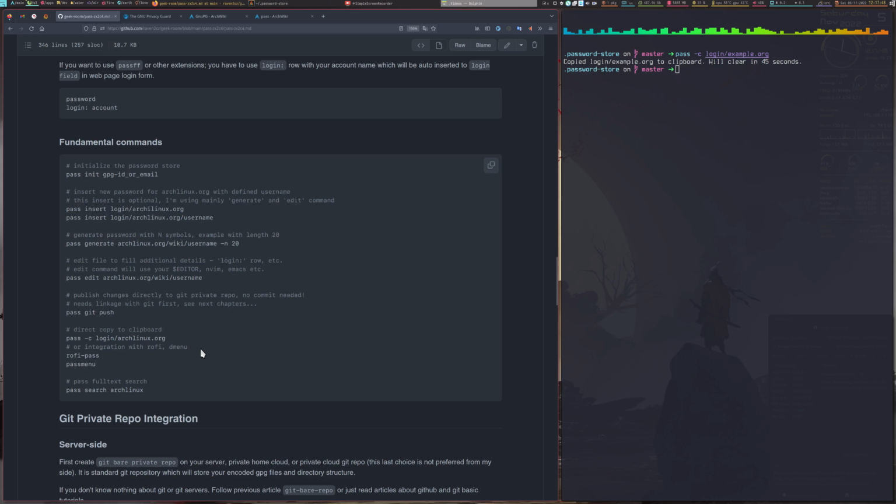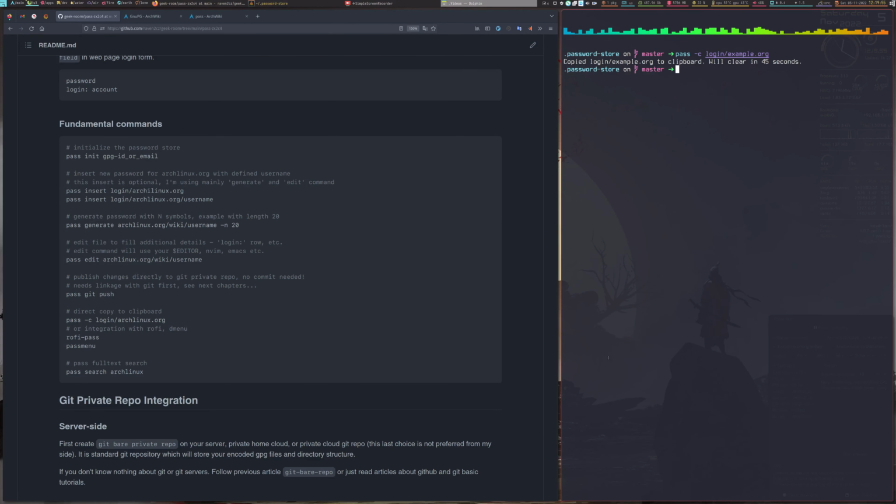You can combine pass with dmenu or with Rofi. I have an example here. You just install rofi-pass or passmenu. Passmenu is already part of pass, I hope. I just opened the Rofi control, super P, and type example and fill the pass here, and it is typed to the appropriate section or field in the login form. With dmenu, passmenu, you can see on the top part example here, and type, and it is stored